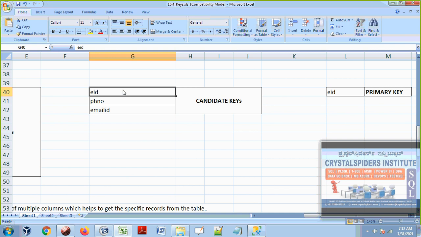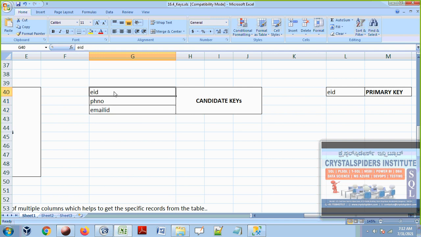So can I say there is one employee without a phone number? Of course we can say that, because right now he is not using any phone number. In that case, he does not have a phone number, so we are going to put a null in that particular column. What about email ID? Let's say I have given my personal email ID in the company, but I forgot the password and I'm not going to use that email ID anymore. I'm planning to create a new email ID. Until I create it and give that new email ID, they will put a null in the database.